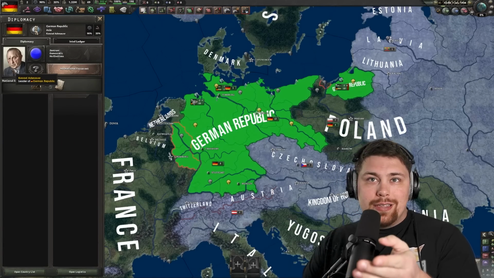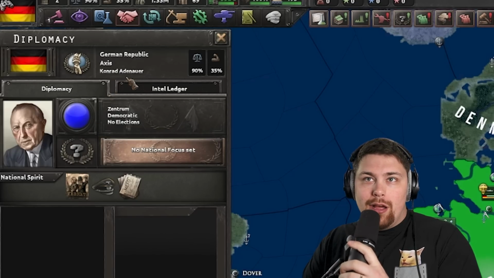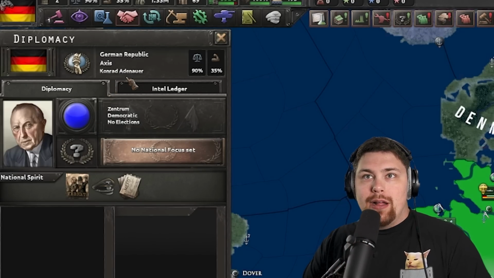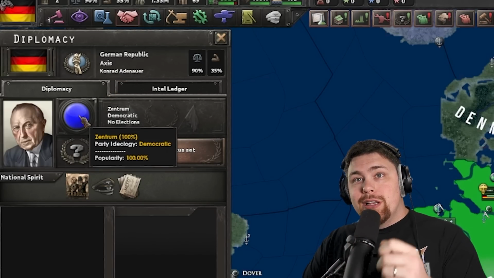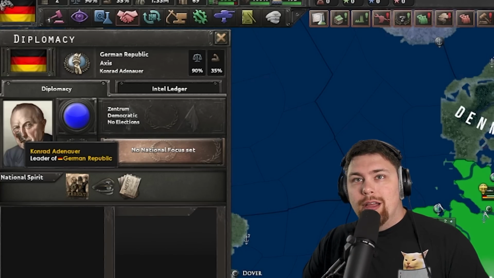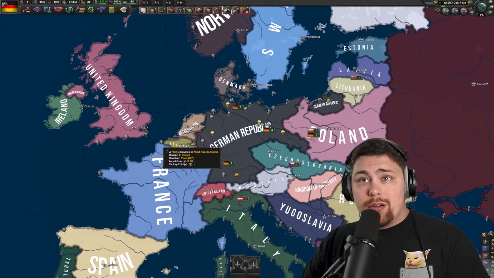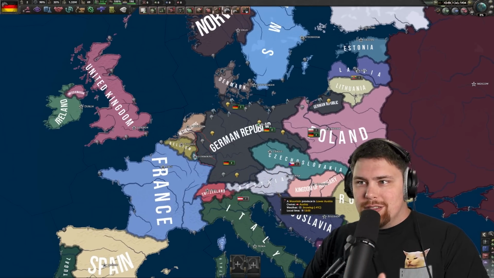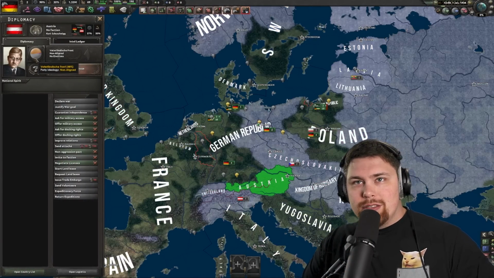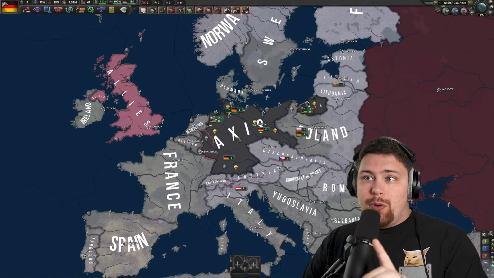So here we have it, the most beautiful German Republic, led by Konrad Adenauer, or however that is pronounced, and we have a 100% democratic, absolutely fully legitimately elected government of Sir Conrad, and he is surrounded by a bunch of other democracies. You got the UK, France, Czechoslovakia, Austria, all these places. I think these guys are non-aligned, but either way, these guys are still going to be part of the Axis,